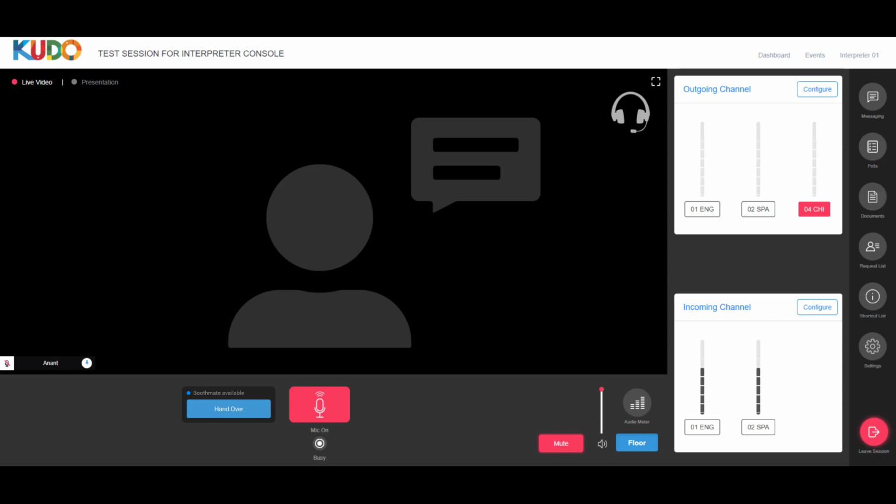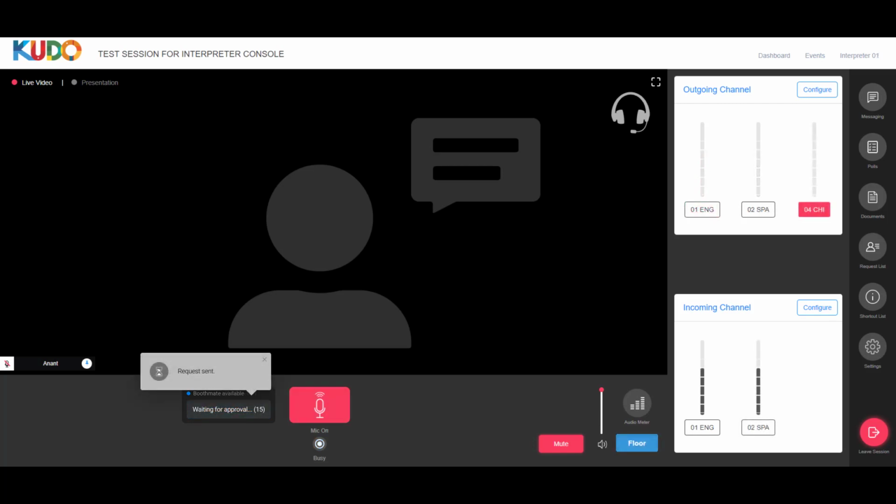Now look what the passive interpreter is looking at. So this is the passive interpreter waiting for her shift, and she's looking at a button that says boothmate is interpreting. She could also initiate the request to switch. So if the time comes and I don't send over the microphone, she can actually send me a nudge, send me a reminder. But for the sake of this demonstration, we're going to just mimic the situation where the active interpreter starts the handover situation, okay? Okay, so now when I click on handover,